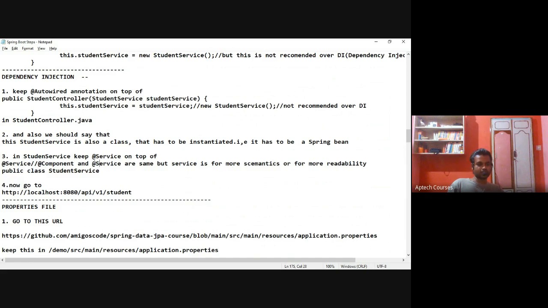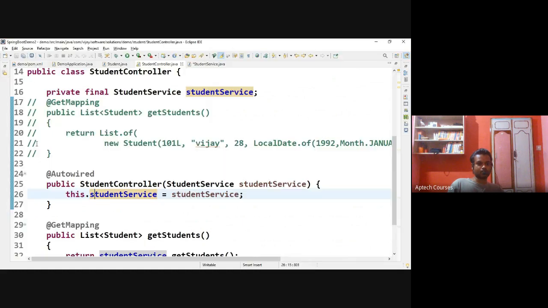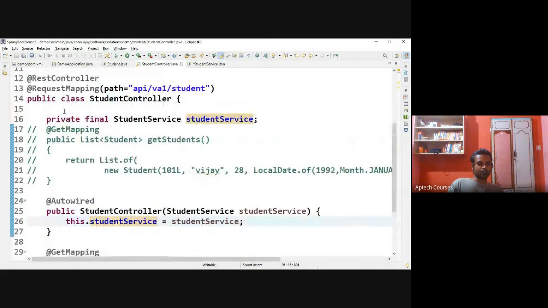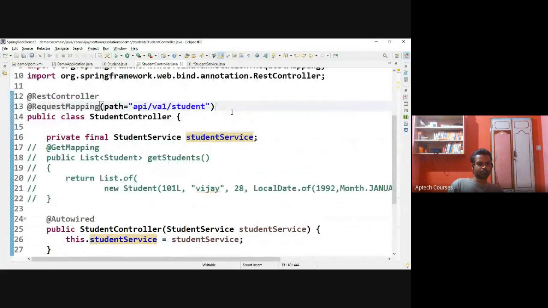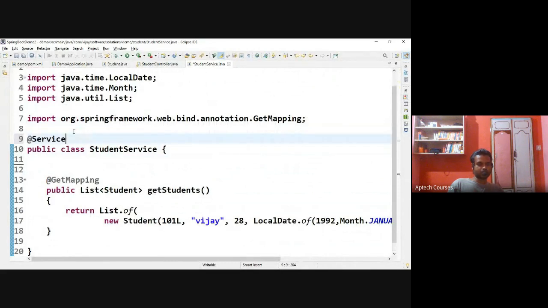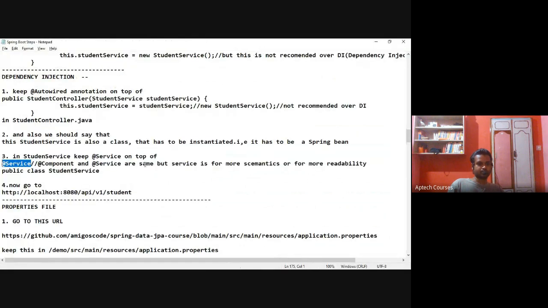For readability purposes, we are going to use service over component. On top of this student service, I'm going to keep this. We should import it.